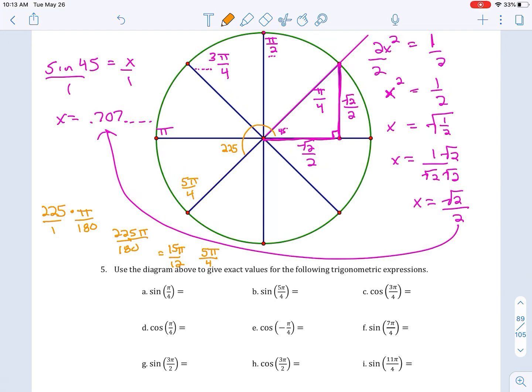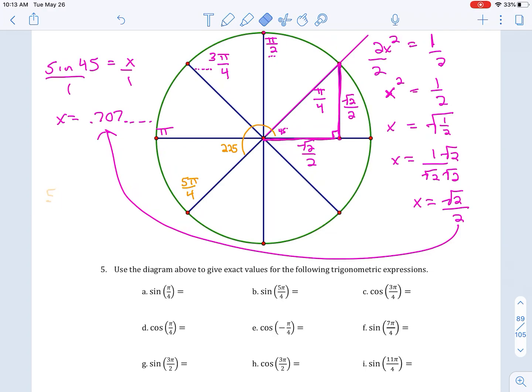I don't really like that way of doing it. Obviously, it was just too much reducing. So I might have just thought of it as, okay, 180 is pi, and I just need to add one more 45-degree angle. So I could just have done this, and that would get me 5 pi over 4. Okay, so now that we have 5 pi over 4,